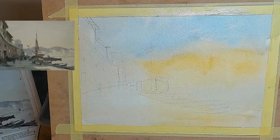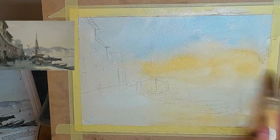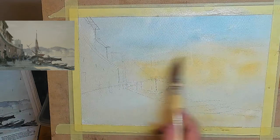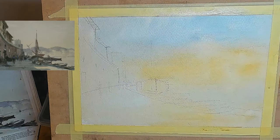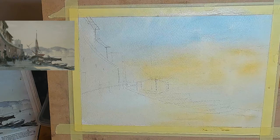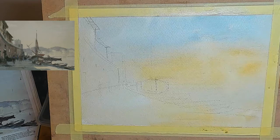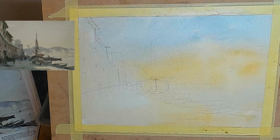And the blue, his blue at the top of the painting, again, you never know whether it's your picture, the reference photo, but it was probably less blue than that, almost just desaturated grey, which of course is something I'm always saying to people: you have to look at your colours, and often life isn't as saturated in its colour. It's not as bright as you might think. So I sort of fell into that trap a bit here myself. Anyway, so I've laid in my first wash,